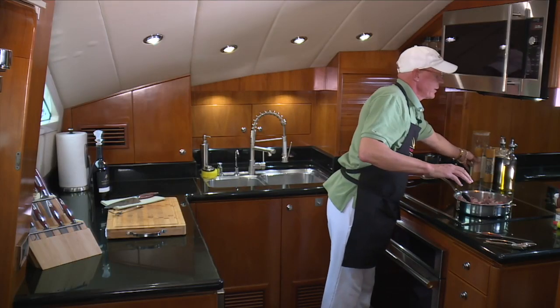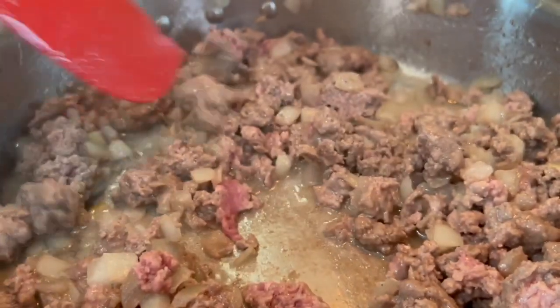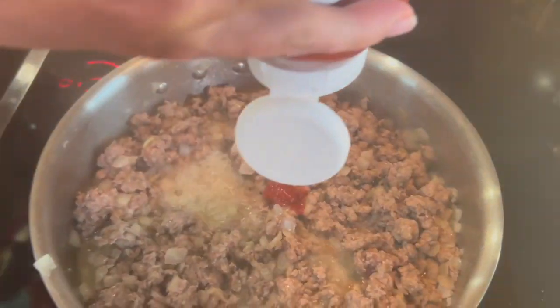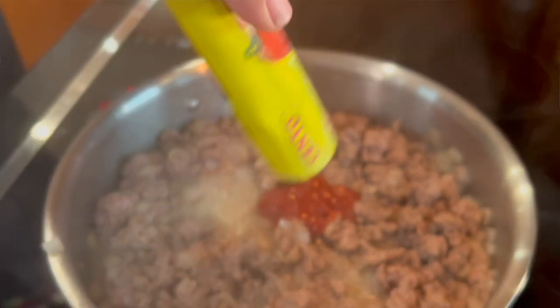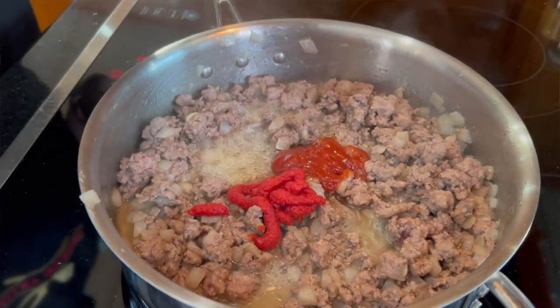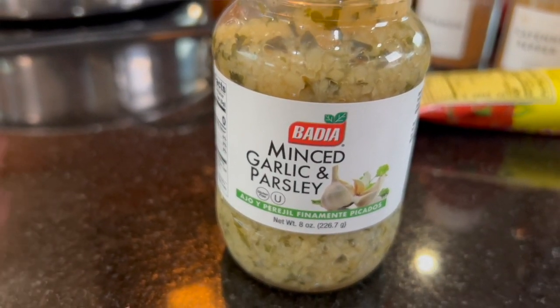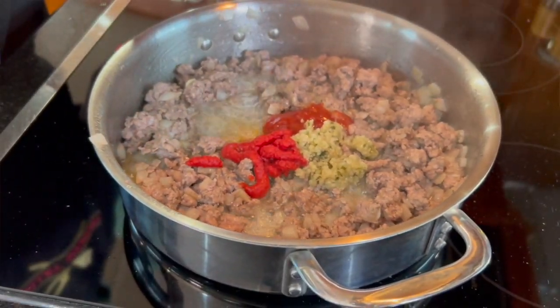Now go ahead and add some salt and black pepper. Now we are going to add about a tablespoon of ketchup, some tomato paste. Love these squeeze tomato paste. Makes life so much easier. I'm a shortcut person. And speaking of shortcut person, we're gonna do about a tablespoon of garlic